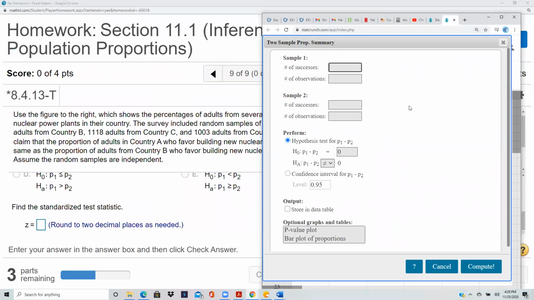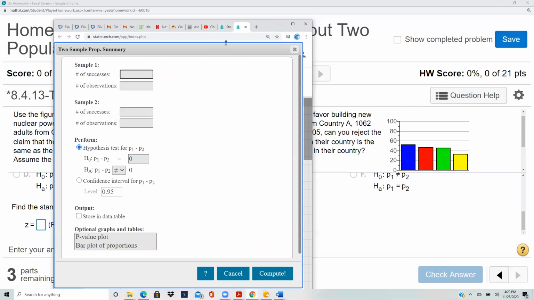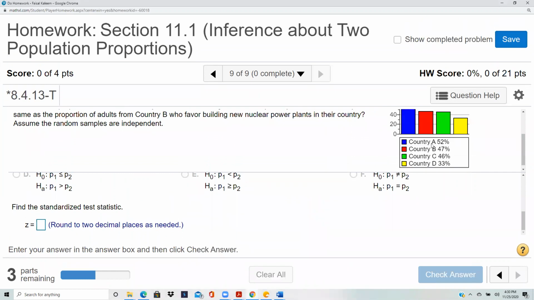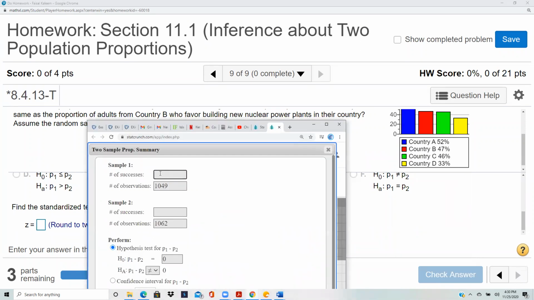The information we had was the total numbers. The sample is 1049 from country A and 1062 from country B. But we are not given the number of successes directly. However, on the graph, we are given the percentages. So we see that country A, 52% say that, and country B, 47%. So you take 52% of 1049, so 0.52 times 1049